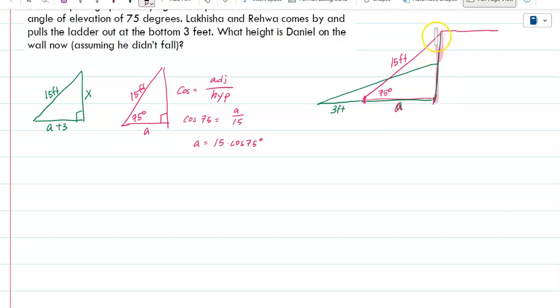This right here, you can't even see that. But I think you can see my cursor. It should be in yellow. They're asking for the new wall height. So let's go ahead and take that A value that we found and add it to the green triangle because they're asking for this X right here, the new wall height that the ladder